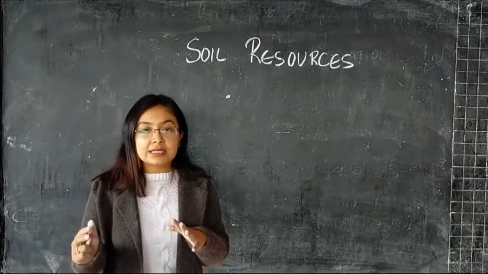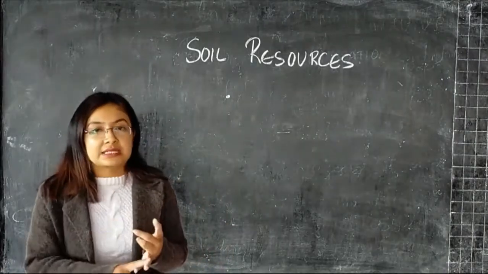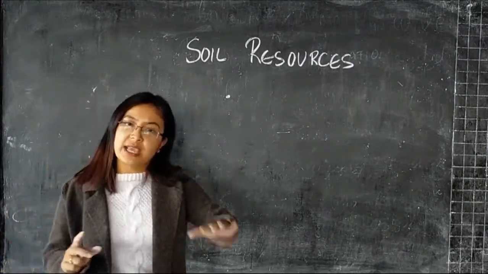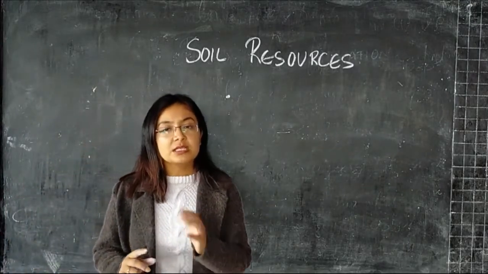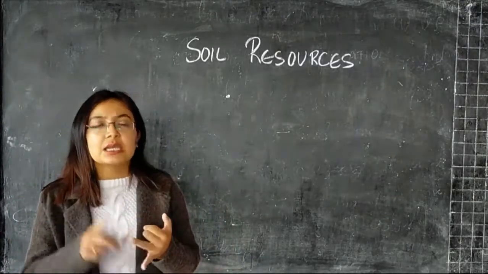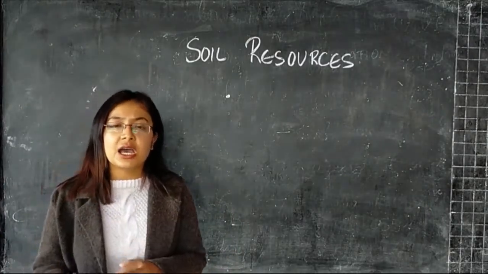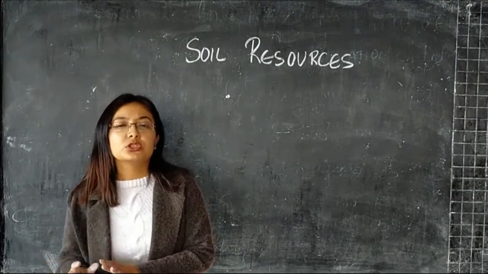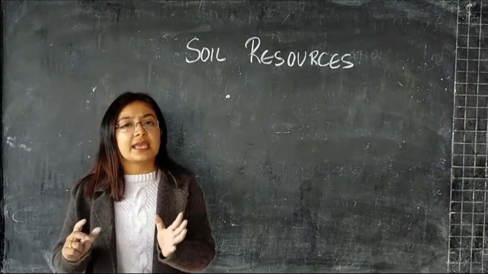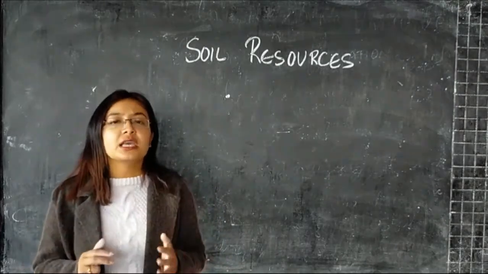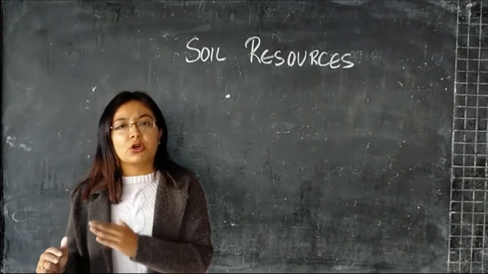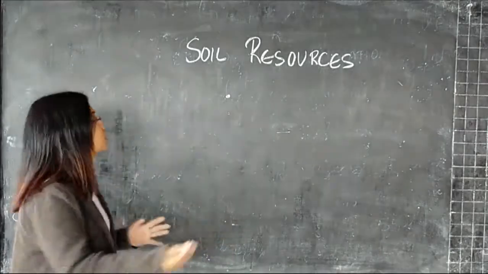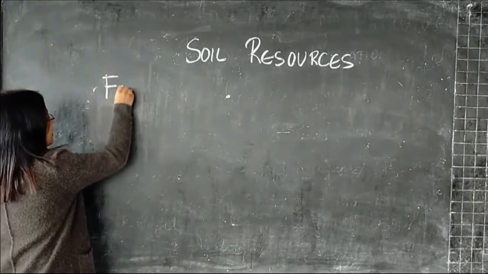Food such as cereal, pulses, fruits, vegetables, etc. are obtained directly from the soil, whereas food such as meat, milk, eggs, etc. are obtained indirectly from the soil. India being an agricultural country, soil is one of the most valuable resources in our country. Now, let us move on to the factors